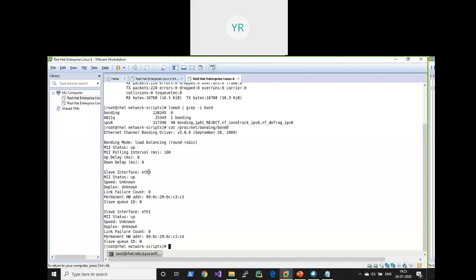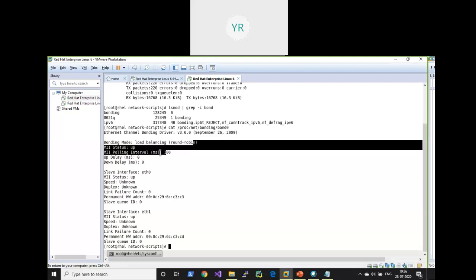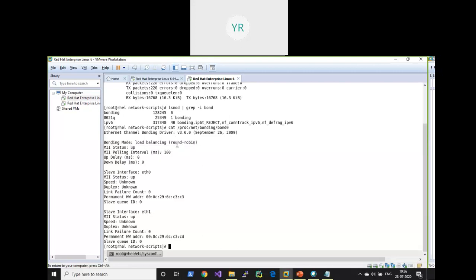Slave interface eth0 is up, and eth1 is also up, because it is round robin. If we change to the second mode, that is mode 1, then one card will be up and the other will be down. Okay, that's it. Next,